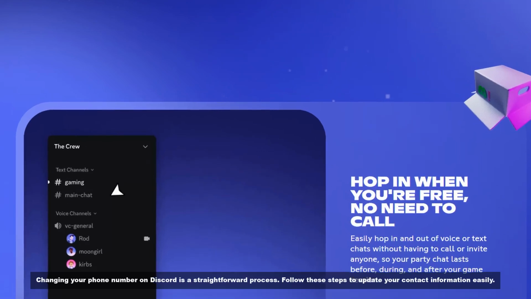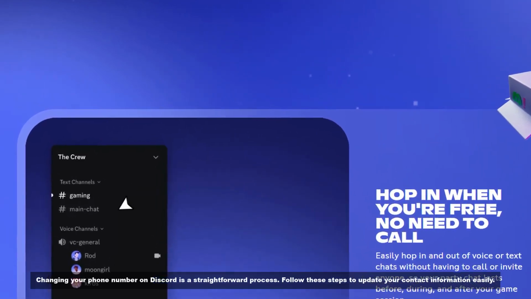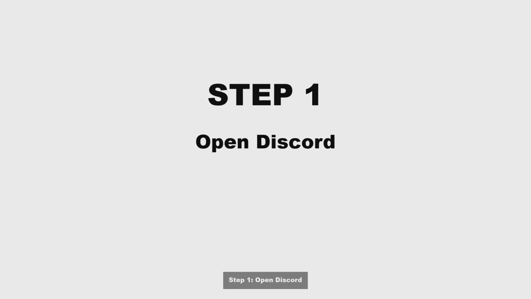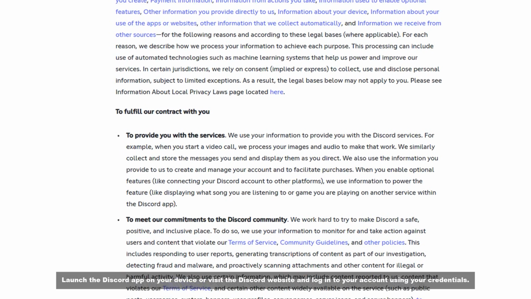Changing your phone number on Discord is a straightforward process. Follow these steps to update your contact information easily. Step 1. Open Discord. Launch the Discord app on your device or visit the Discord website and log into your